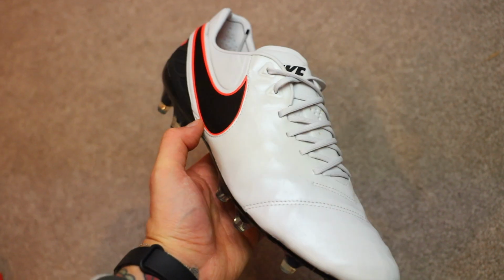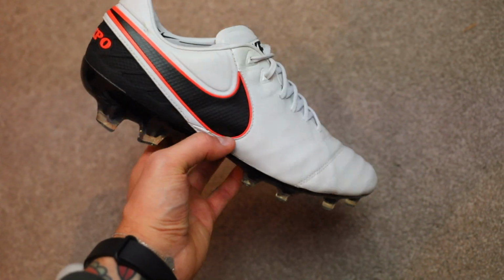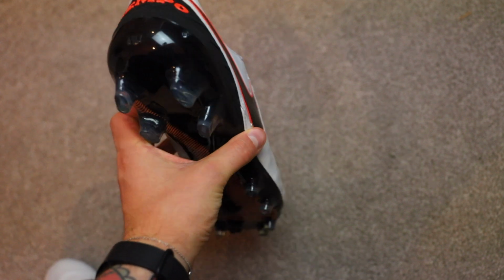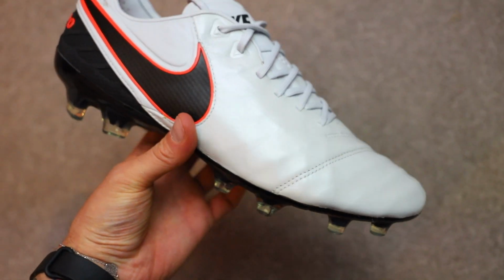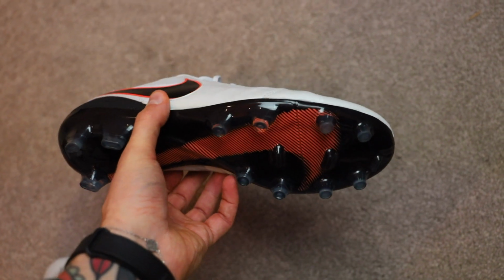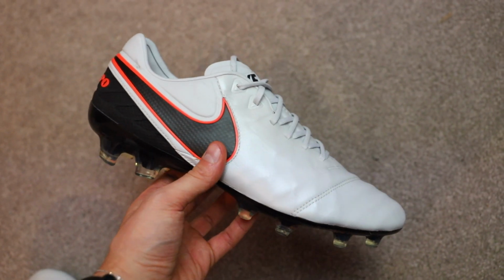Now, one of the other things that makes the Legend 6 so great is its versatility. You'll often hear people talk about different boots for different positions on the pitch. You might think of a Tiempo as more of a midfielder or a defender's boot, but honestly, these being so lightweight and such a beautiful soft leather, it gives you brilliant control in any area of the pitch. The sole plate is not too aggressive, which means if you are running and turning constantly in any position, you should be fine safety wise. Obviously the ACC does something, but yeah,